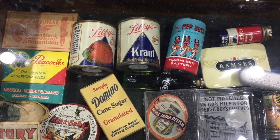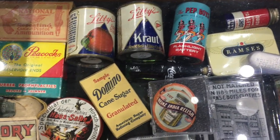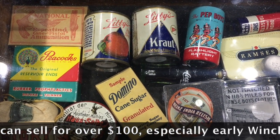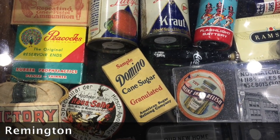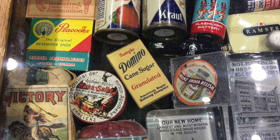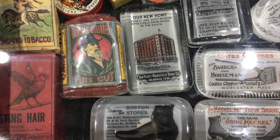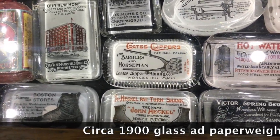And first of all, in the upper left here, we've got some hard to find pieces, the cardboard boxes for National Repeating Gun and Pistol ammo. That's going to be from the early part of the 20th century, maybe 1920 or so. Below that are Peacocks, which are, well, condom holders, and they are very collectible. Down here, a couple of tobacco packs, and then he's got a really great selection of advertising pieces that are